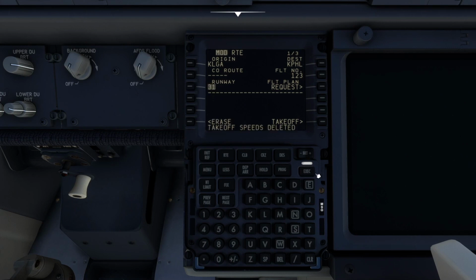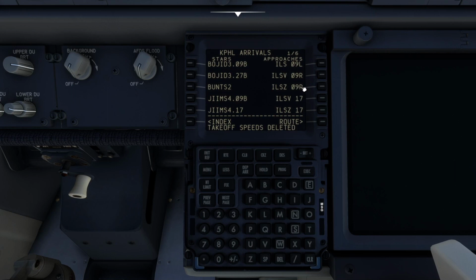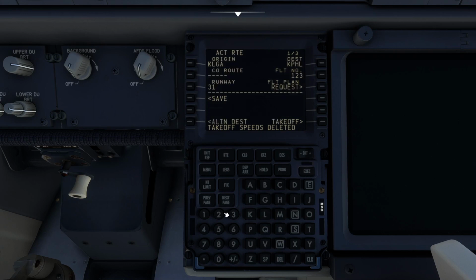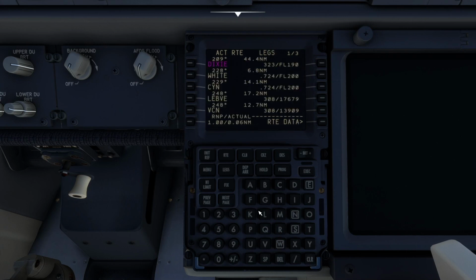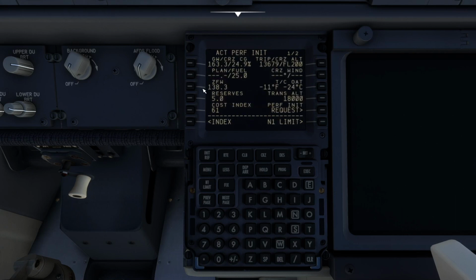With new weather we can change the departure runway as shown, and the arrival runway if necessary. It will be necessary to review the route again and update the takeoff V speeds. The expected taxi route would also be reviewed, paying attention for any hotspots or runway crossings.